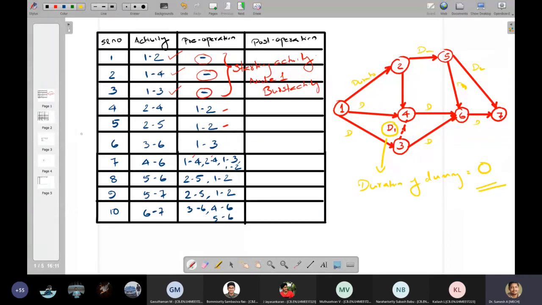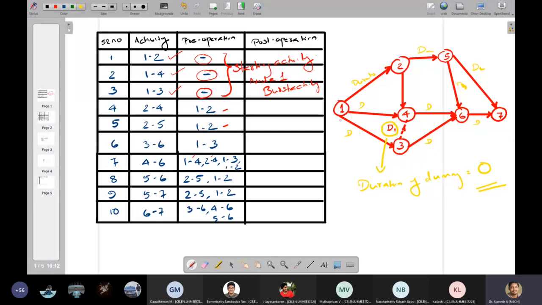Node number 1 is basically a burst node, and node number 7 is the last node of your project. You can see that activity 1 to 2, activity 1 to 4, and activity 1 to 3 can start simultaneously, and based on their duration you can finish them early or late.